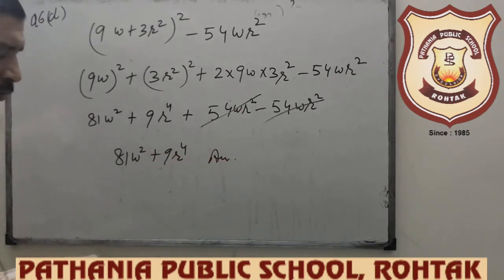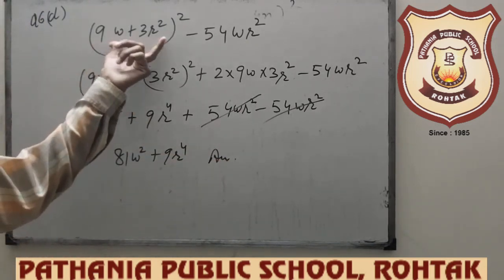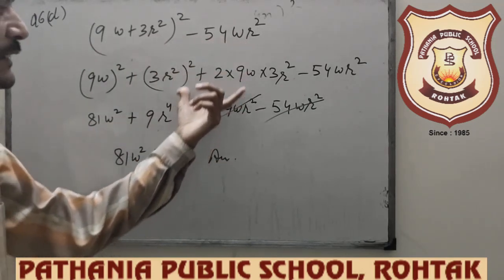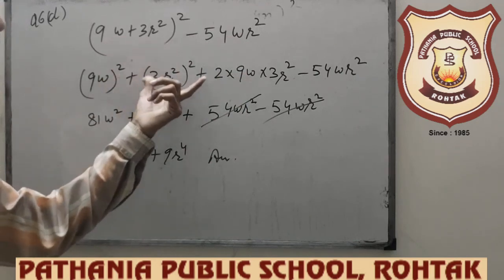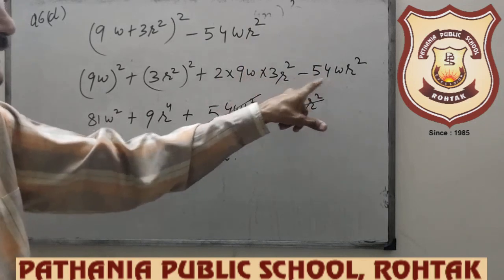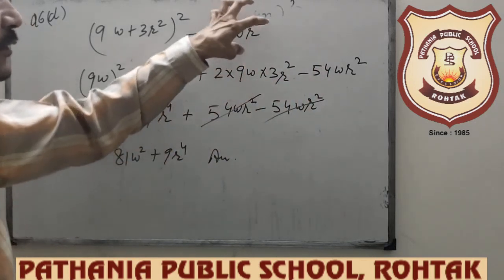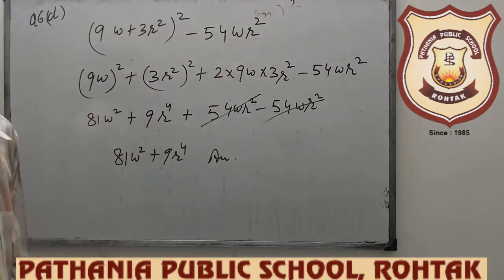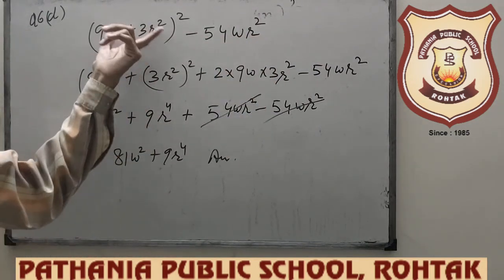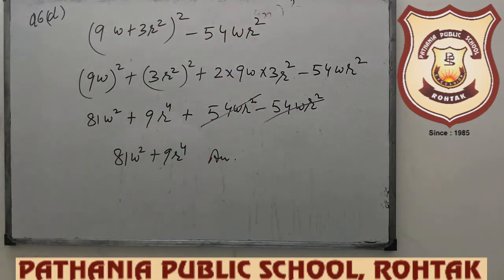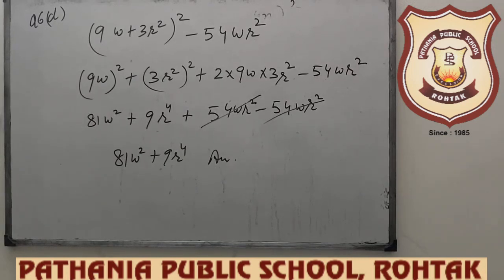So I am saying if two terms are there, one is a complete square and one is a monomial single term, you can complete like this. Open the whole square of the first term and then add this given term with the like terms. And if this is also a whole square and a minus sign is there, then use x plus y into x minus y. And if both are whole squares, open both the terms and solve them, simplify them.